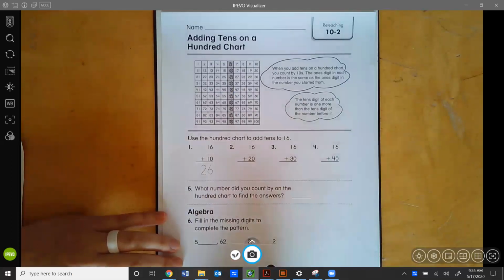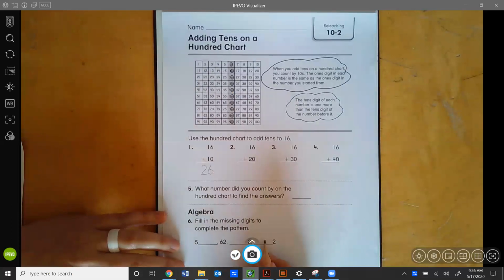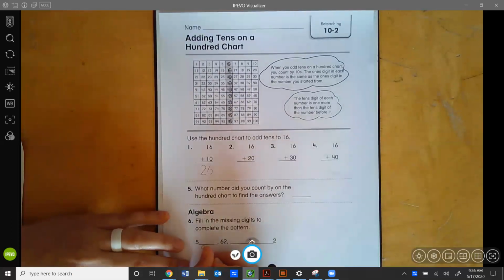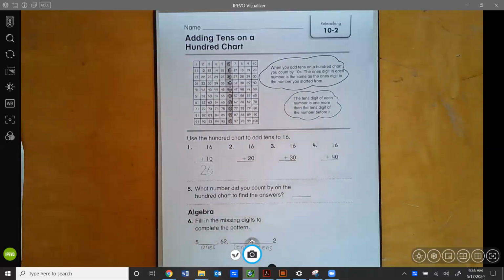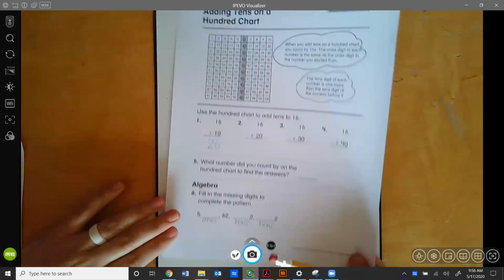And I'm going to give you a little hint here. This line is very long. This is just going to be one digit. And same thing here, one digit. And I'm going to give you another clue. This is the ones place. This is the tens, and this is the tens. Giving you those hints because I know it looks a little confusing.